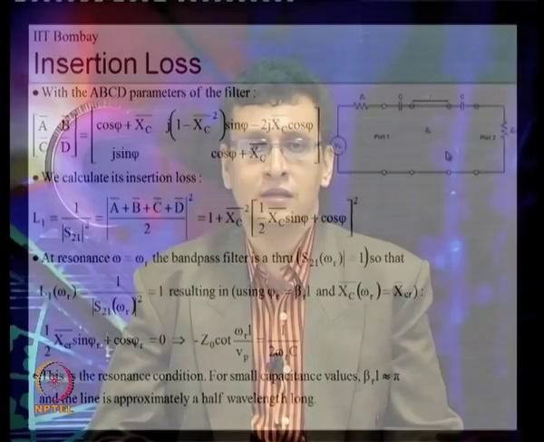So in summary, in this module we covered two specific designs, the first one being that of a band stop filter using a shunt resonator, and the second one of a band pass filter using a series resonator. In the next module we will see some further types of filters that are commonly used. Before ending, one thing I want to impress upon you is